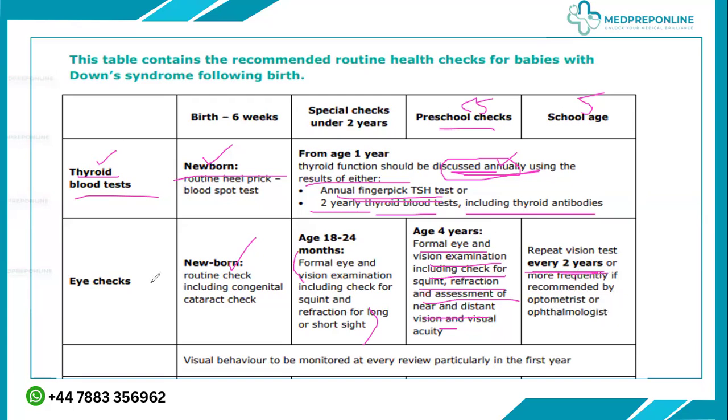So eye checks will be in the newborn, then at approximately 2 years, then 4 years, and then every 2 years. So we see the pattern: it is moving towards 2 yearly. Visual behavior should be monitored at every review, particularly in the first year. Now next we are going to talk about